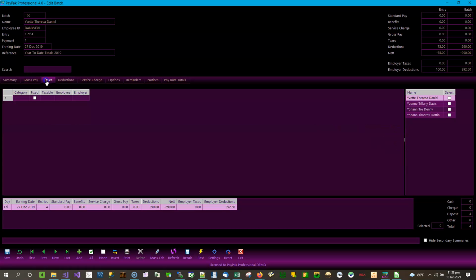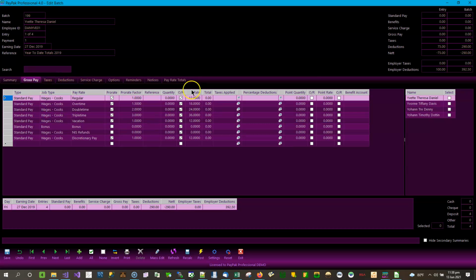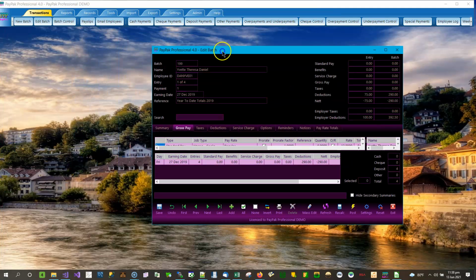Now, there's no taxes. There's no gross pay in terms of the quantity. The rates are there. They're going to change. Now, what we want to do, since we're doing this manually, is to move this across